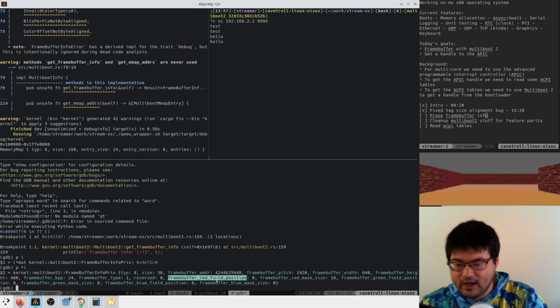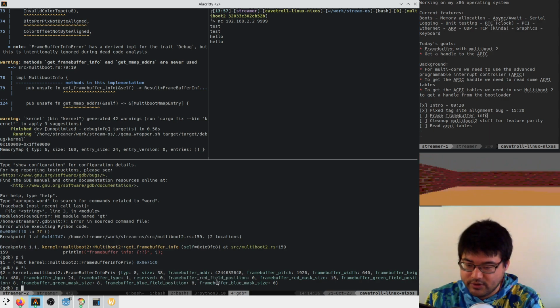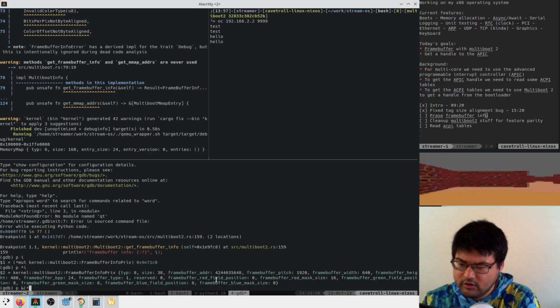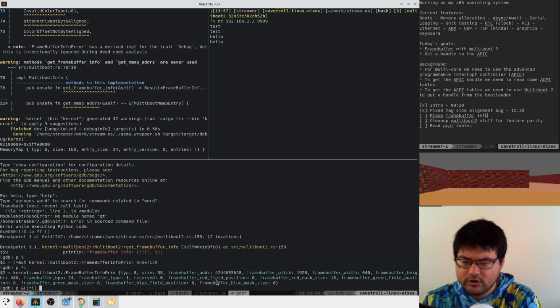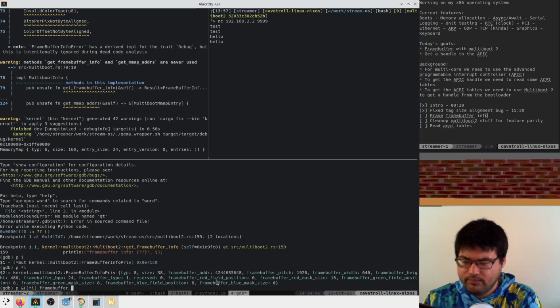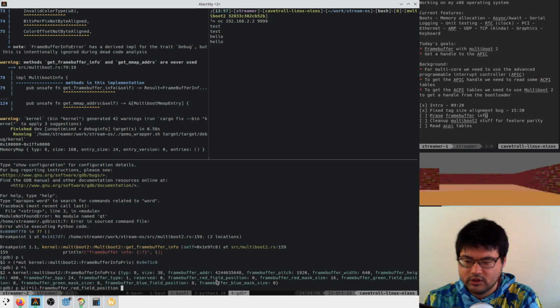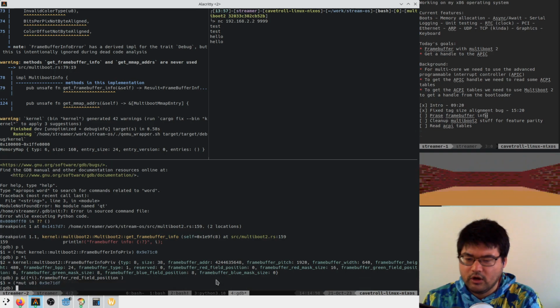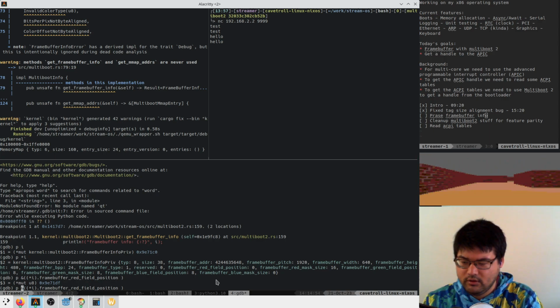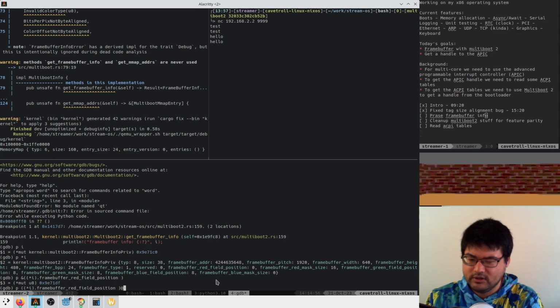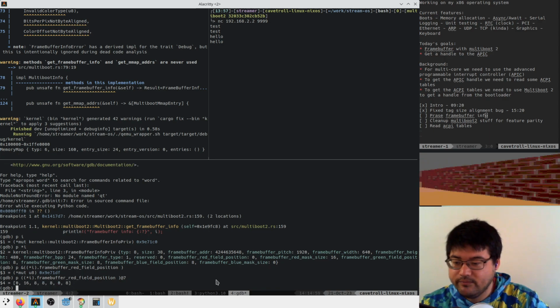Okay, so let's look at the address of this guy. So I think it's address of info dot frame buffer red field position. Okay, and let's just start printing out, like, 7 bytes here.